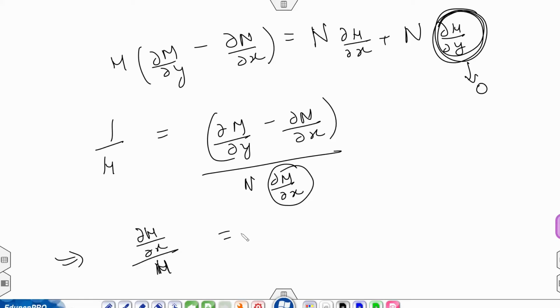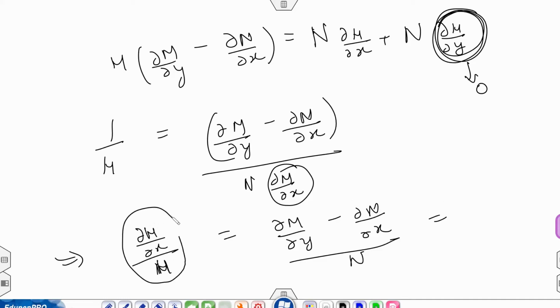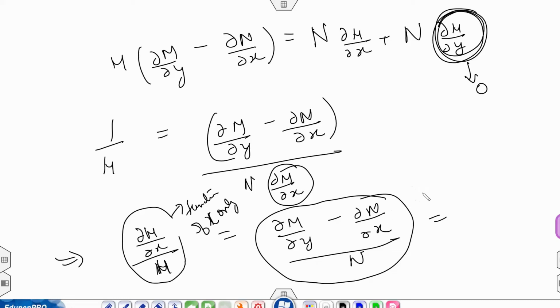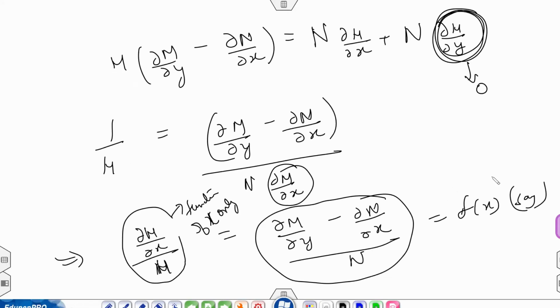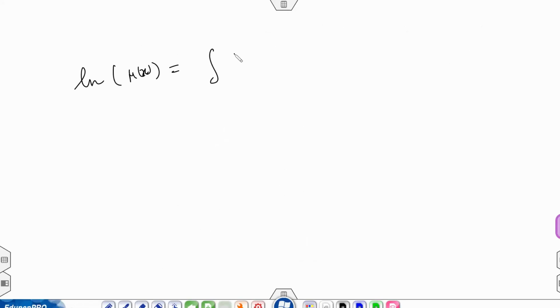So this will be equal to, now this will be what? This will be a function of x, since in our left hand side this is a function of x only, right? This is a function of x only. So here also we will have a function of x only. So I will call it f of x. Say this as f of x. Now integrate both sides. What will you get? Since I have called it f of x, I will just write the integration of f x dx. Okay, so therefore mu x is what?